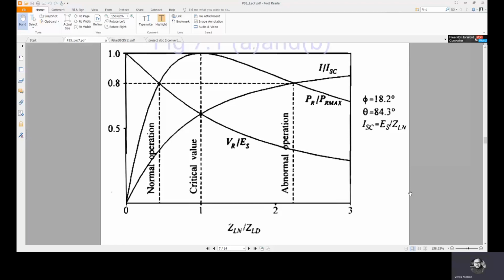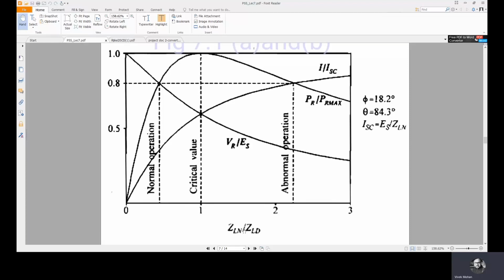Okay, let's continue with the plot. In the horizontal axis, we have ZLN by ZLD, and in the vertical axis, we have three different measures: I by ISC, PR by PR max, and VR by ES. Now, when ZLN by ZLD increases, we see that the receiving end voltage is reduced, which means, say, if ZLN